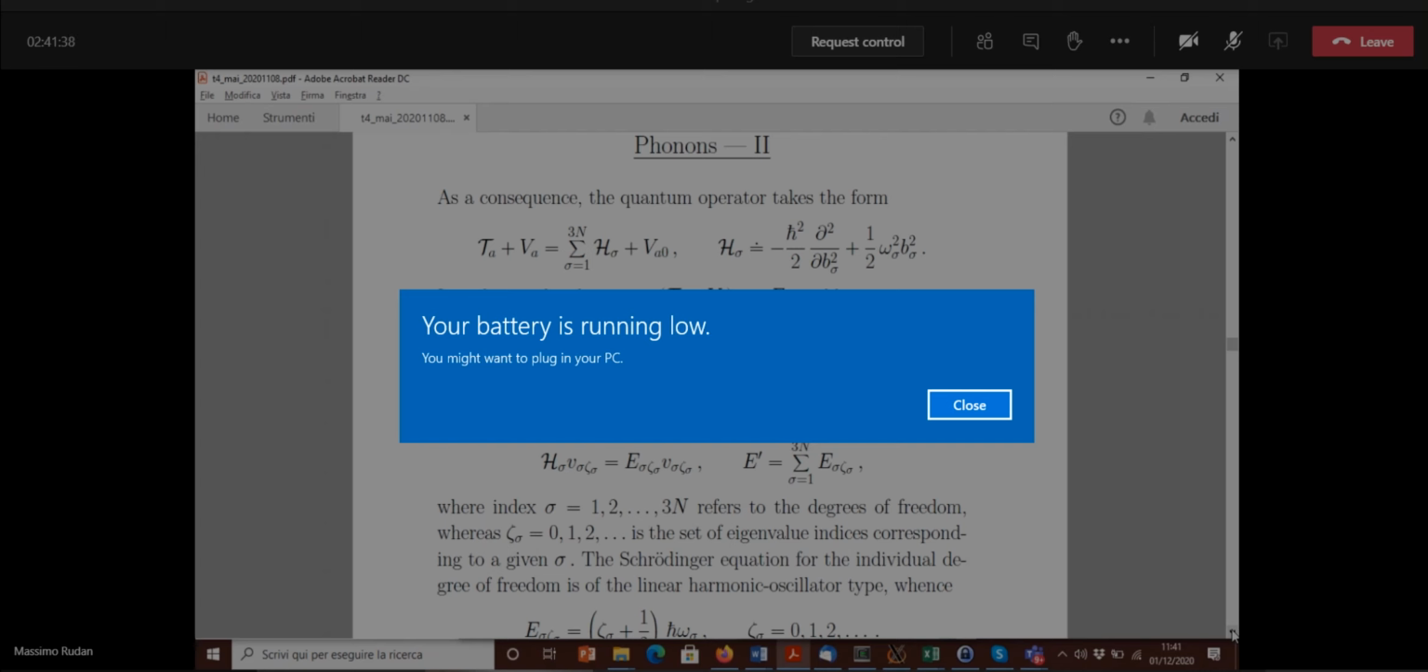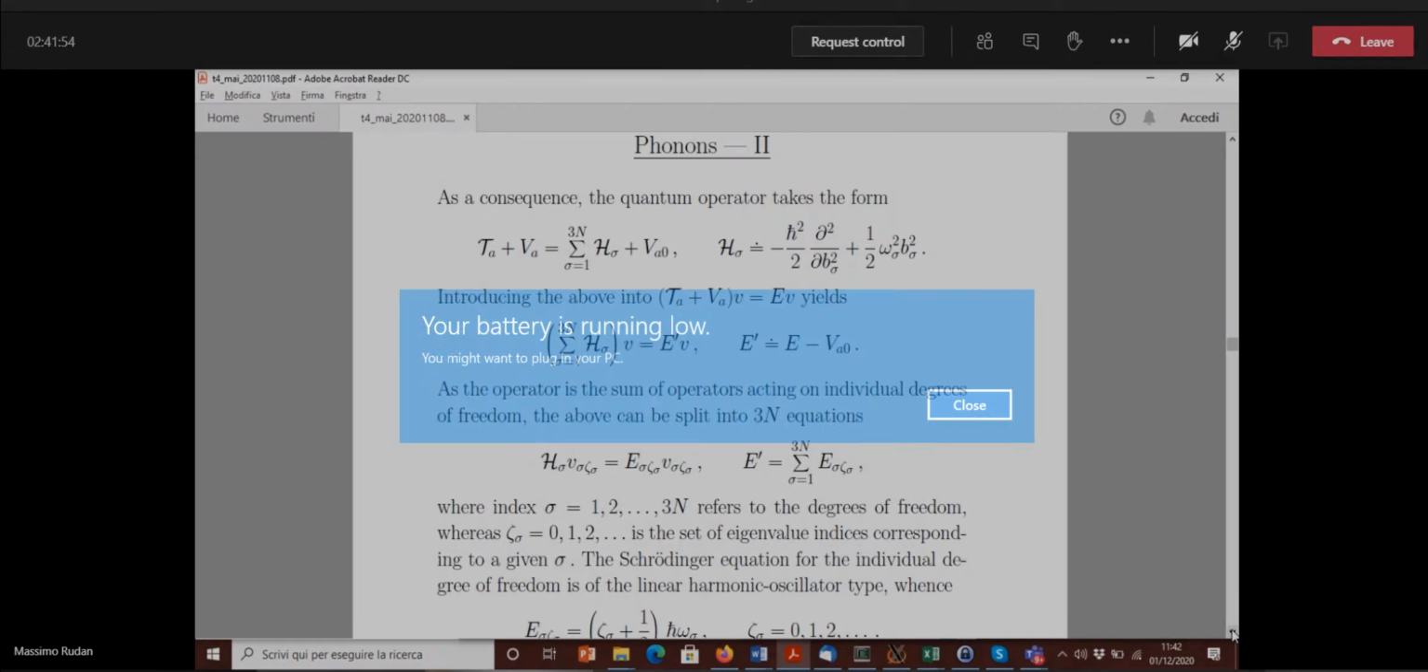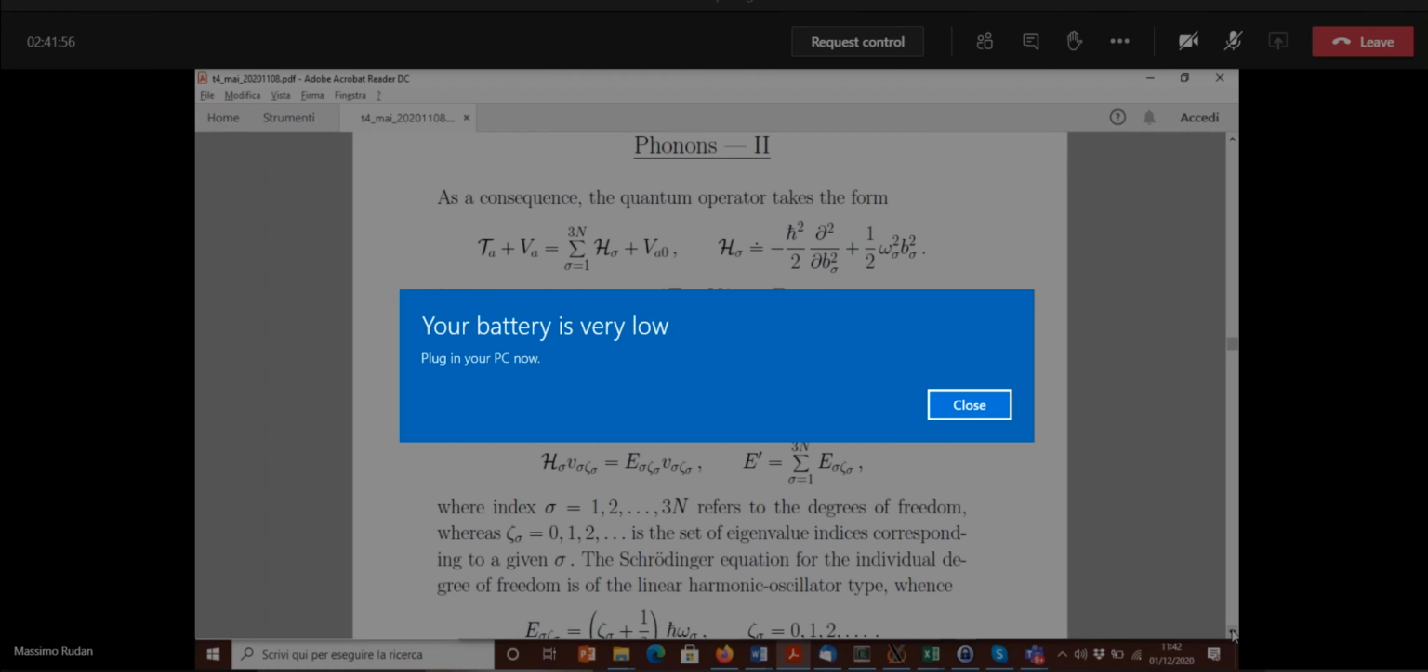Then we have to set up the corresponding Schrödinger equation. So this is the Schrödinger equation in which the total energy is written as the sum